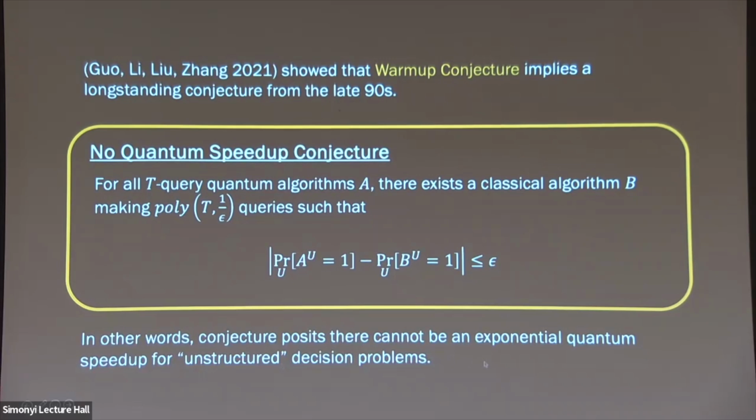And this kind of roughly captures the intuition that if you wanted an exponential quantum speedup, you have to have it be for a highly structured decision problem. The fact that we're querying a uniformly random string here is modeling this notion of an unstructured problem. So we don't know the answer to this. This could be false, but it turns out that this pseudo-randomness conjecture about dense distributions implies this no quantum speedup conjecture. And this will be your assumption.